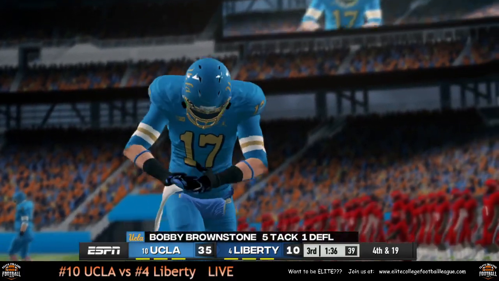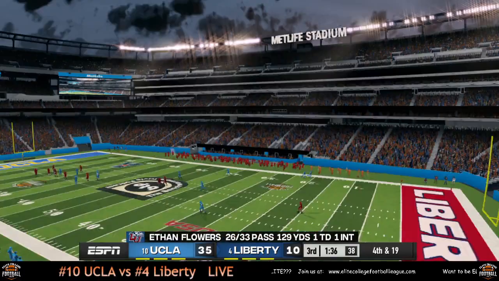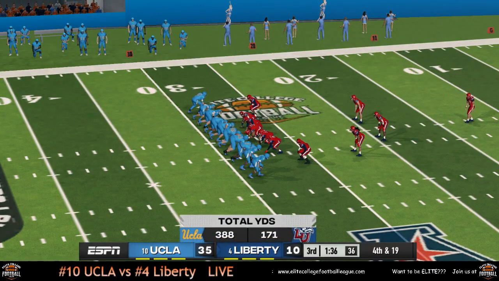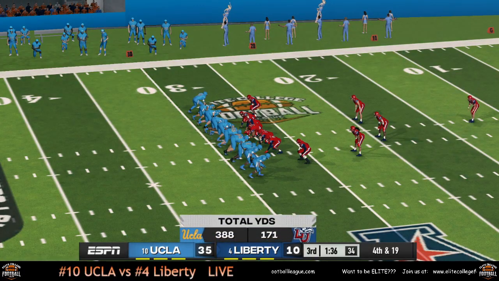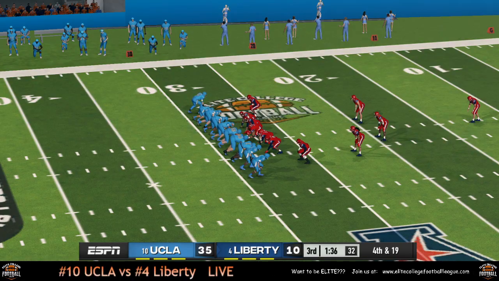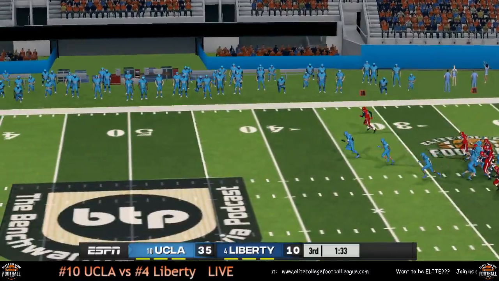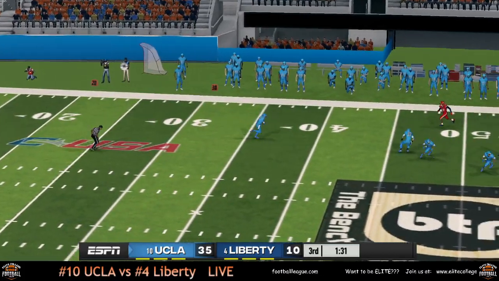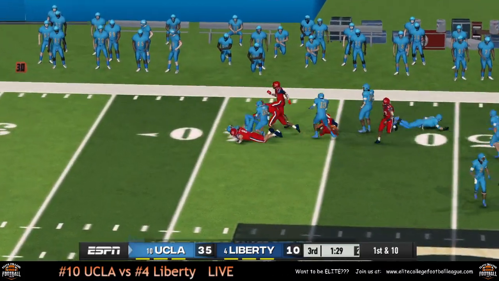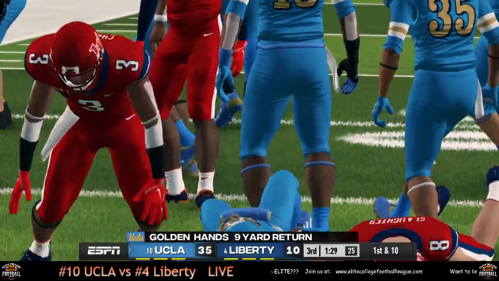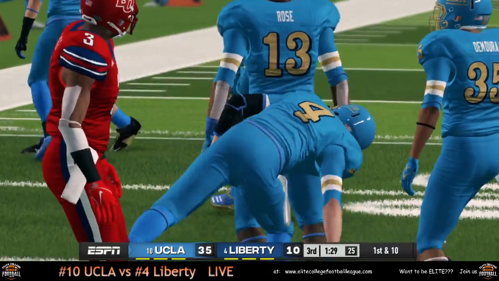Number 3 was the intended receiver on the play. 4th down. Liberty's going to punt it back to UCLA. 9-yard return by Golden Hands.